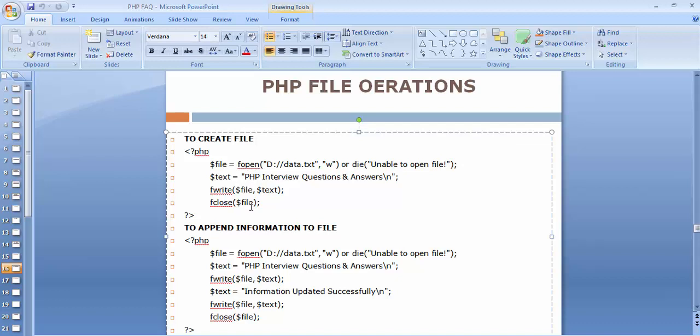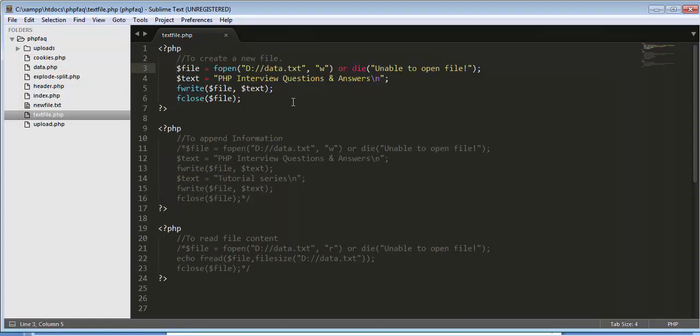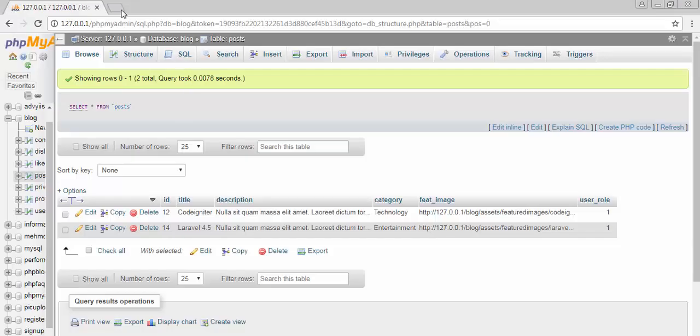Now let us run these four lines of code in our editor. So let's go to our editor. Now you can see I have written it in my editor, and now let's run it. So let's go to the browser, 127.0.0.1 slash